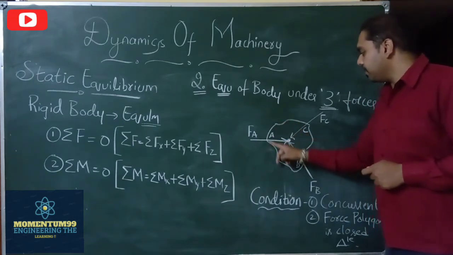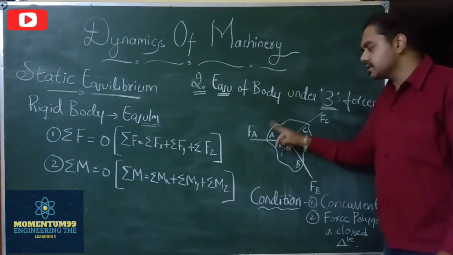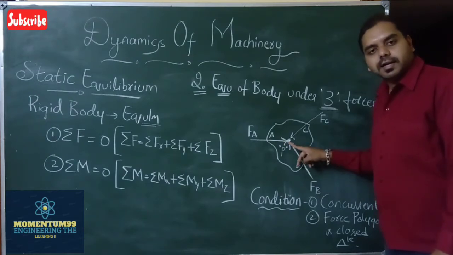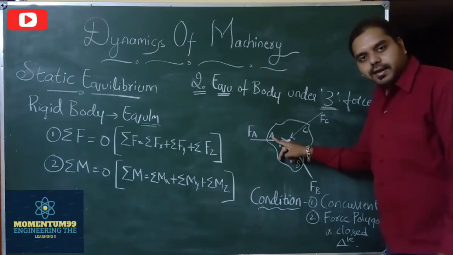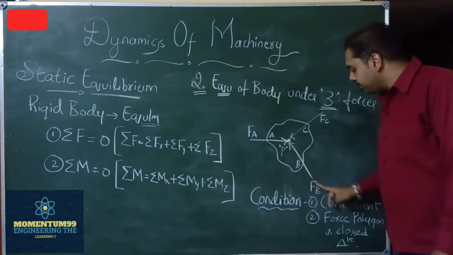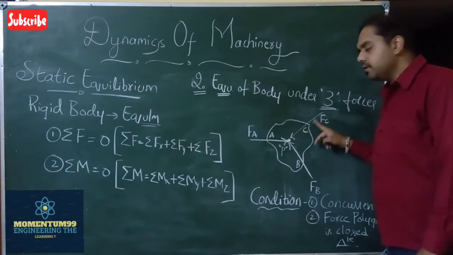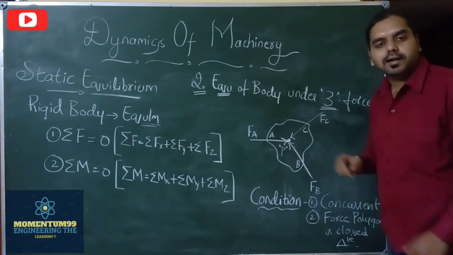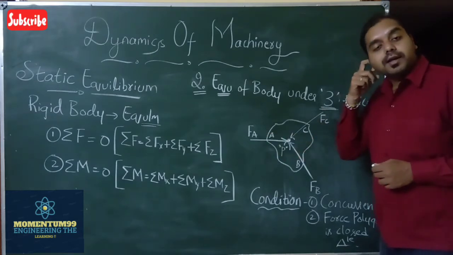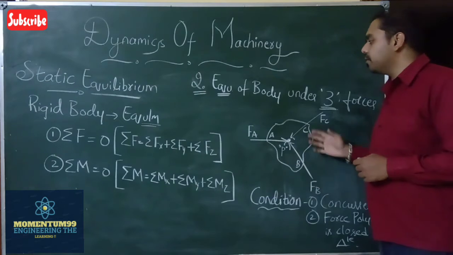In this case, we have a body here and we will be considering a point P. The point can be considered at any point within the area we are considering here. At this particular point, there are three forces acting. Through the point A on the body, we have a force of magnitude Fa acting at this point. Through the point B, we have a second force Fb acting at the same point, and from point C, we have the third force Fc acting at the point P under consideration here. Since all these three forces are acting at the same point, we need to find the conditions of static equilibrium when this body is acted upon by three forces.